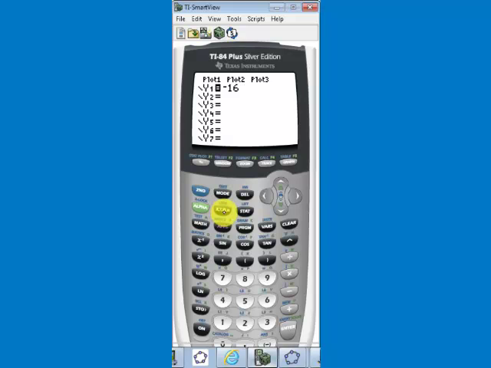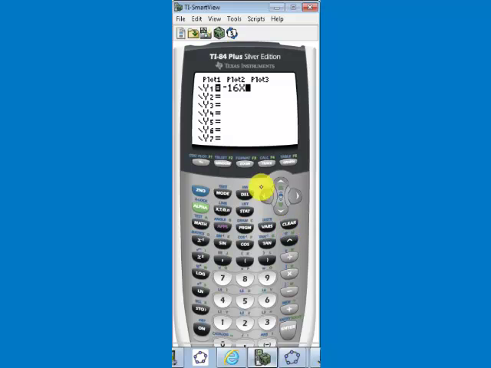It has an X, a T, a theta, lowercase Greek letter theta, and a lowercase n. I like to call it the XT theta n button. If you press that, and the calculator is in function mode, it will display an X, and that's what we want here. So negative 16, and then press the XT theta n button to display an X, and then minus,